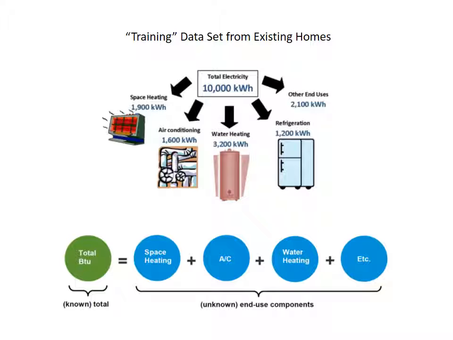And so what they start out with is a giant training data set. So in general, they're taking a bunch of households for which they do have very detailed household level and even device level information about electricity consumption. And then they extrapolate that information out throughout the greater United States,